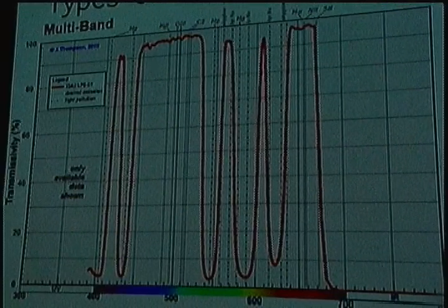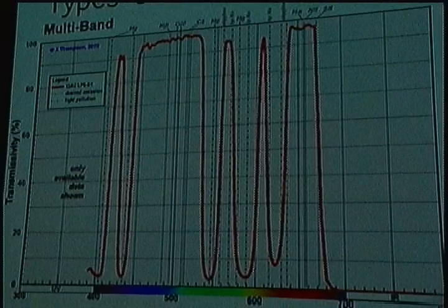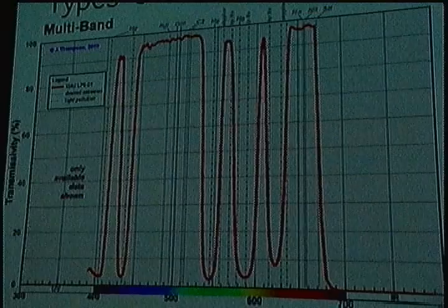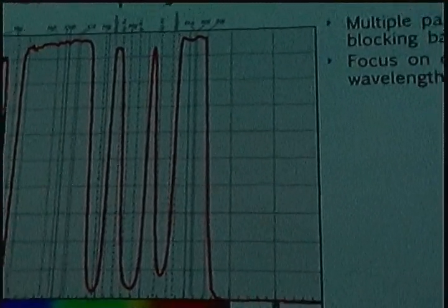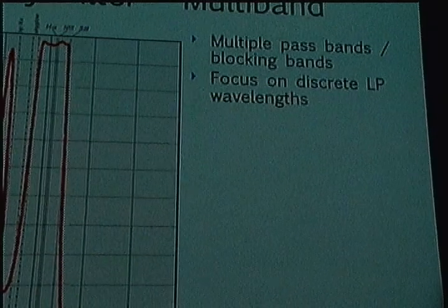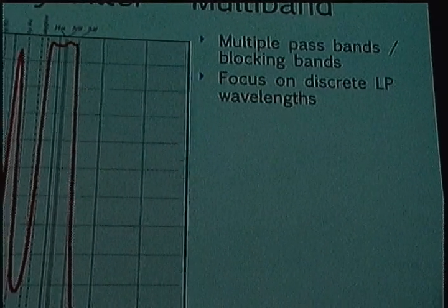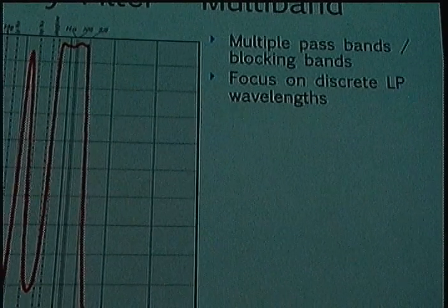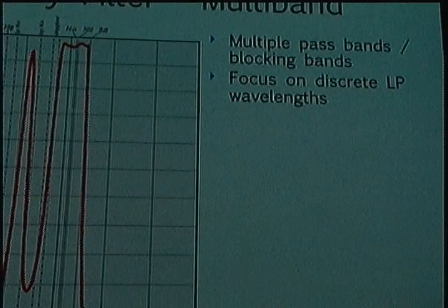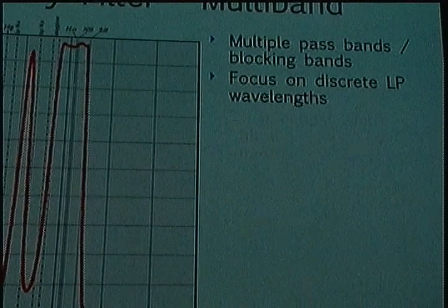Now, because of the broad spectrum response, there's still a lot of light getting through this filter. They provide the best white balance of any LP filter out there, which is why many people who do one-shot color imaging, like with a DSLR, for example, really like these filters, because they get a nice, well-balanced color image. Unfortunately,